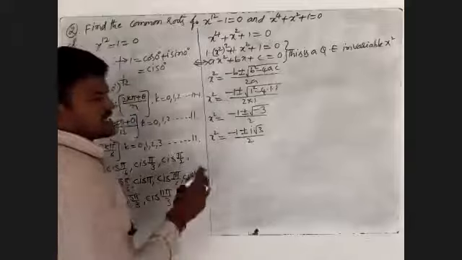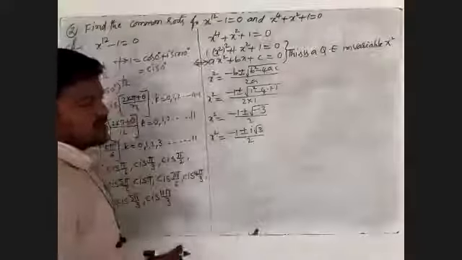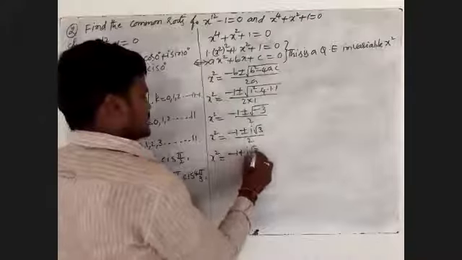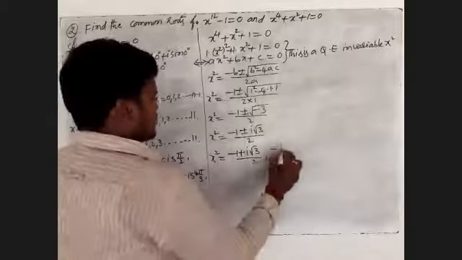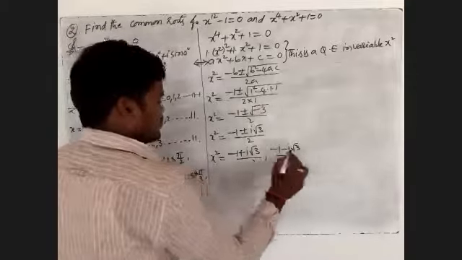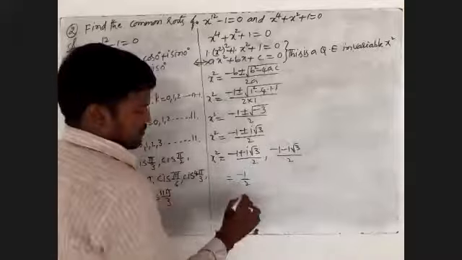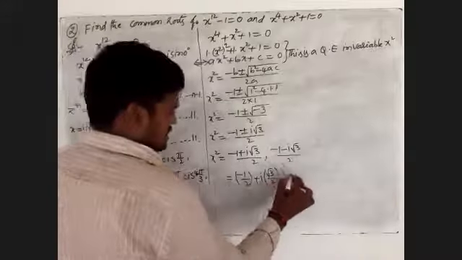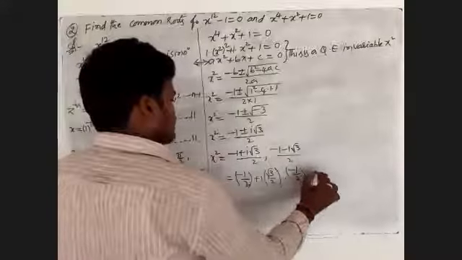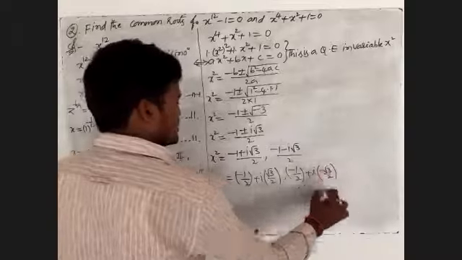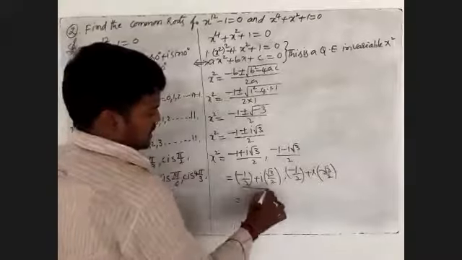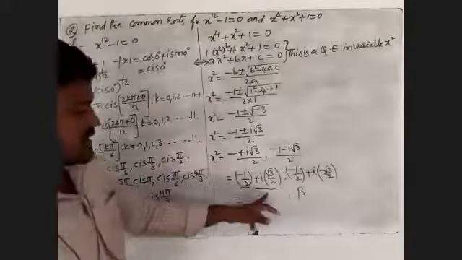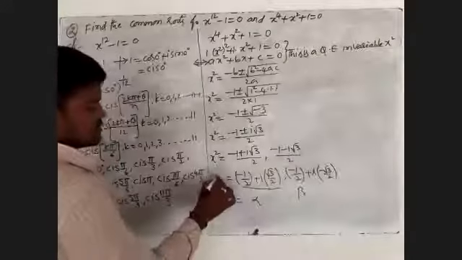Here we will observe, given x square has two roots, one is alpha, another one is beta. That is, x square equal to minus 1 plus i root 3 by 2. After that we will take minus 1 minus i root 3 by 2. Here we have to expand: minus 1 by 2 plus i into root 3 by 2. After that we'll take this: minus 1 by 2 plus i into minus root 3 by 2. This is alpha, this is beta. First we'll write this one, after that we'll explain. This is one case, and the other is another case; two cases will be explained.